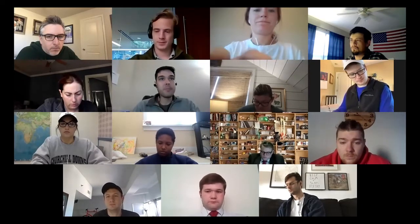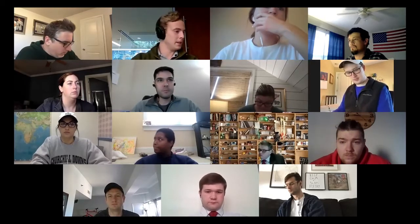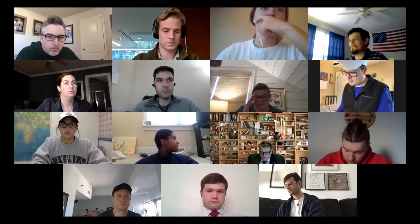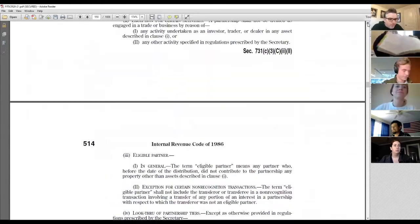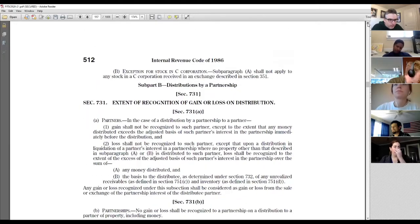So with that general background, let's take a look at the code. We're going to be mostly in the code for these. So let's turn to section 731 of the code. We've seen this before. It's a pretty simple rule. 731(a)(1), in the case of a distribution by a partnership to a partner, says gain shall not be recognized to such partner. So there's your general rule